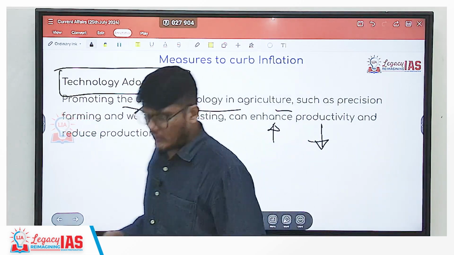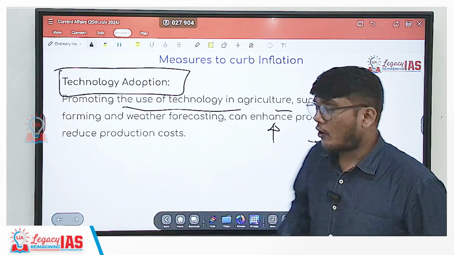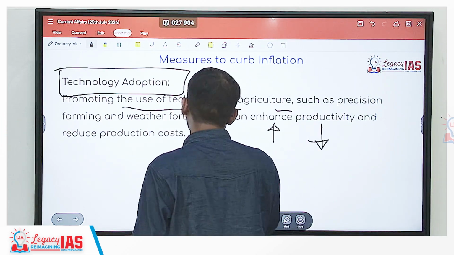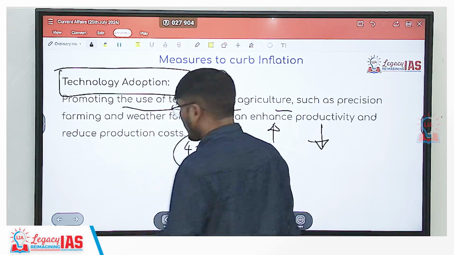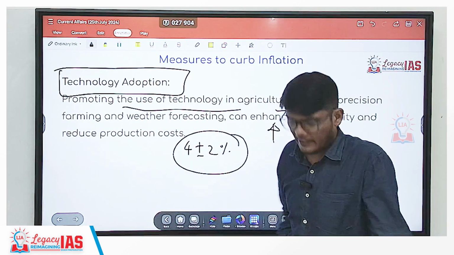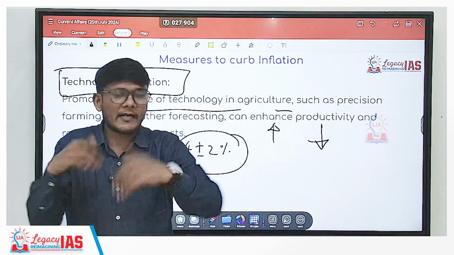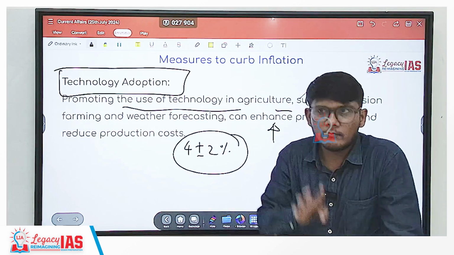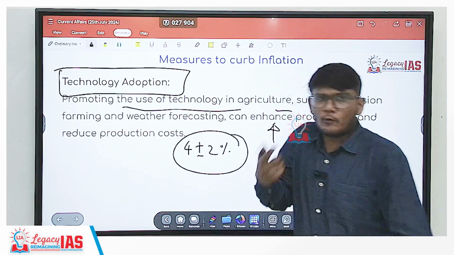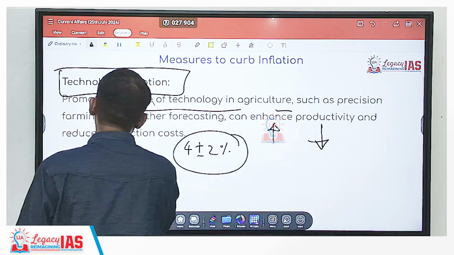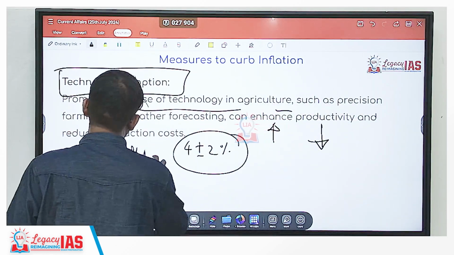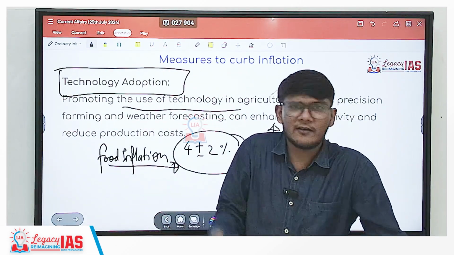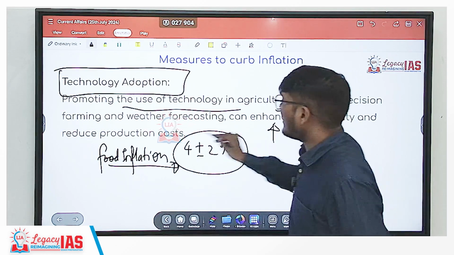Now, some of the suggestions are like, for example, that RBI basically tries to target inflation around 4 plus minus 2%. Now, one suggestion was to remove food inflation from RBI's targeting. So that may solve RBI's target problems, but that would not solve the problem of food inflation. So there needs to be a two-legged approach or a multi approach here. One, if you are removing food inflation from RBI targeting, that is well and good. RBI can manage its target, and that should or can happen. You can do that, especially because RBI is asked to manage the entire inflation.